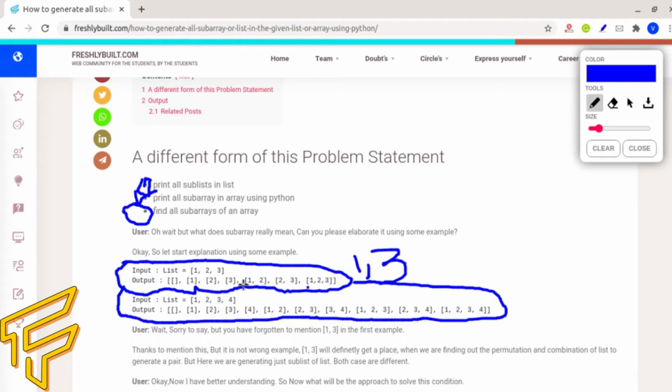For example, 1 and 2 are consecutive, 2 and 3 are consecutive, but 1 and 3 are not consecutive elements, so 1 and 3 is not considered. So we can note an important statement: not every combination is a sublist, or it is not compulsory that every combination will act as a sublist.